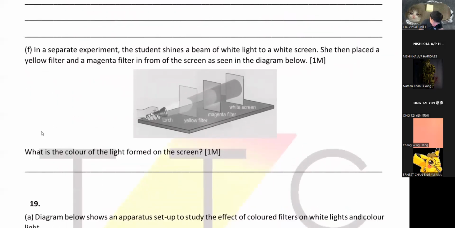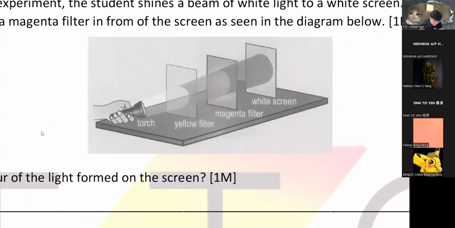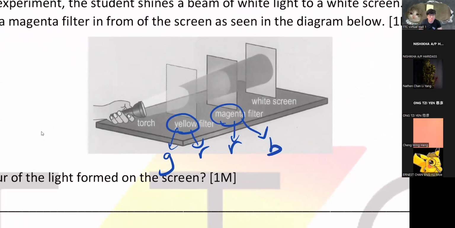Okay, so what's the color here? Like I said just now, when you see secondary color, split them into your basic color. So what is yellow made from? Yellow is made from green and red. Magenta is made from red and blue. So what's the common color? The common color is red, right? So you should see a red